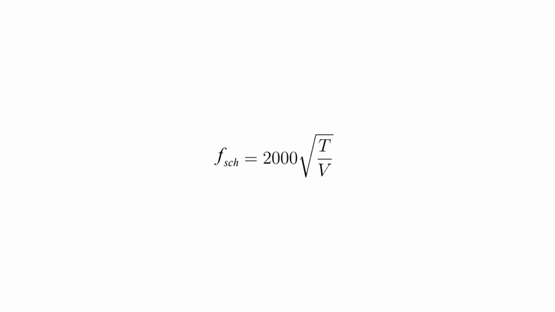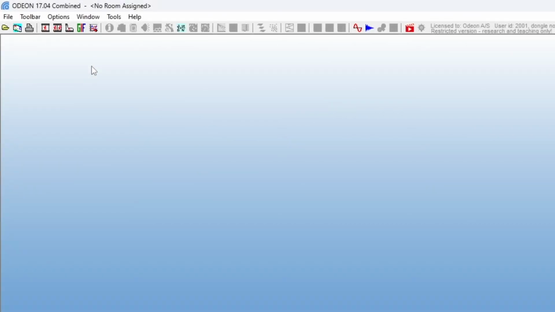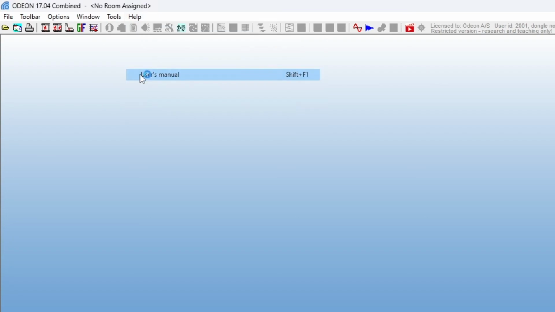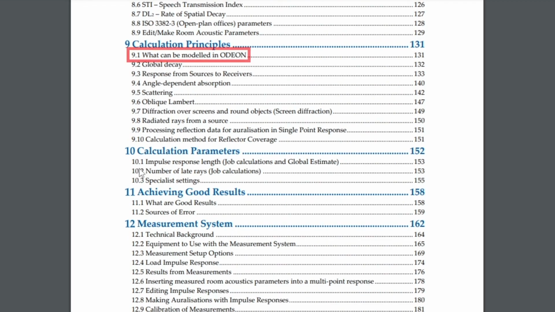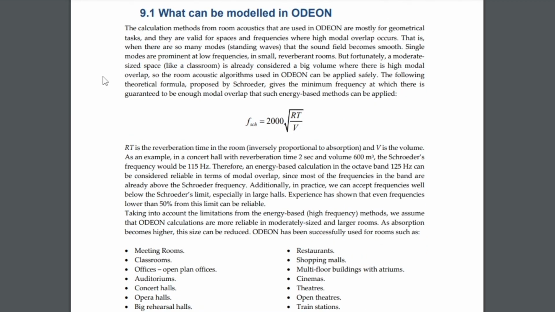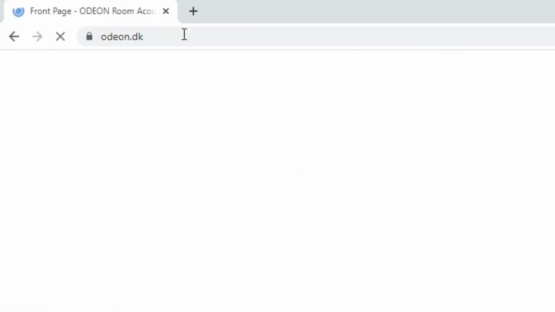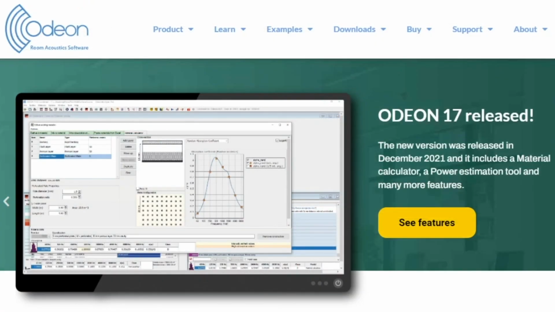This is explained in section 9.1 of our user manual, which you will find in the Help menu, User Manual. You can also find it on our website odeon.dk, Downloads,